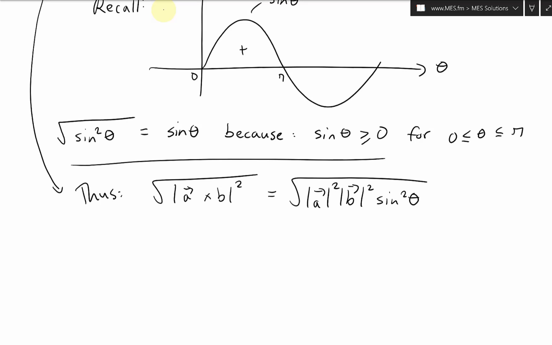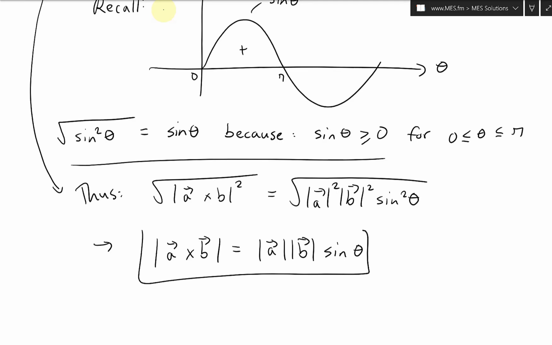All of this cancels, and all these squares cancel. We're just left with the length of a cross b equals the length of a times the length of b times sine theta. And there is our proof